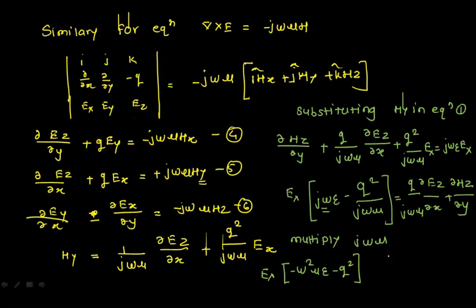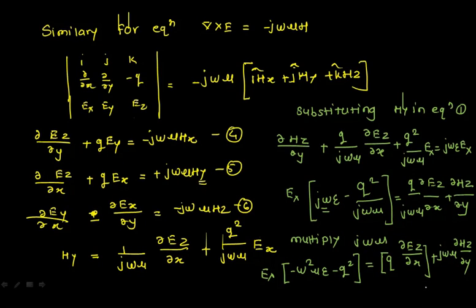Okay, because this will get cancelled. If you multiply here, this will get cancelled and you will get gamma dez divided by dx. Okay, now this is the first term. The next term is nothing but what you are multiplying, so this will give j omega mu d of ez and a dy. So finally I have got this equation over here.